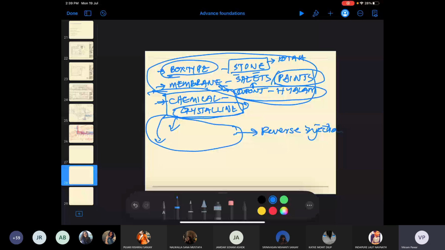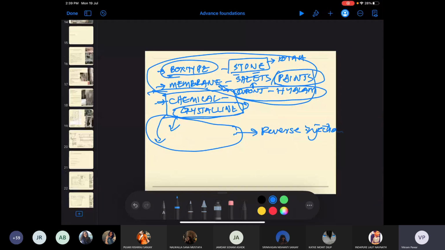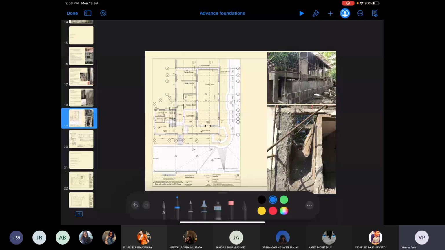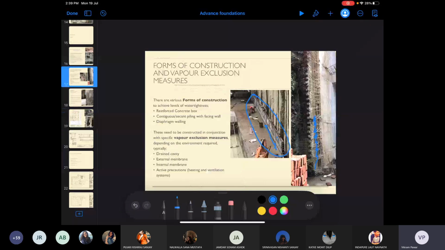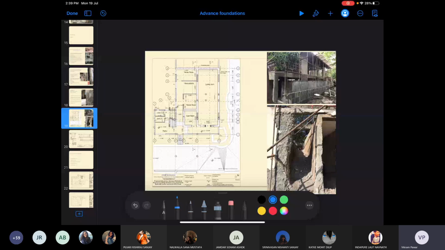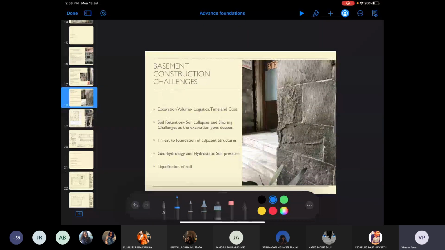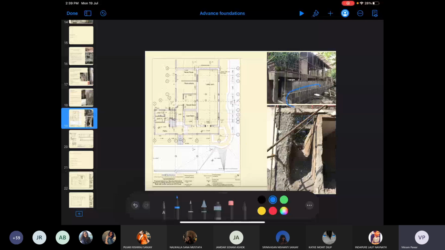You might want to consider one or more layers of Kota. Now in the picture I showed you, you see only one layer of Kota, right? In this layer you see one layer of Kota. Even in this you are seeing one layer of Kota. Over here also you are seeing one layer of Kota.